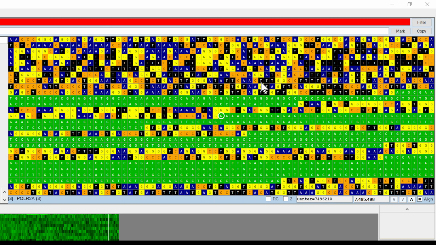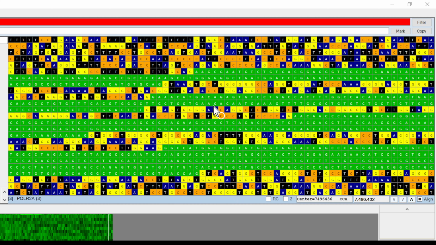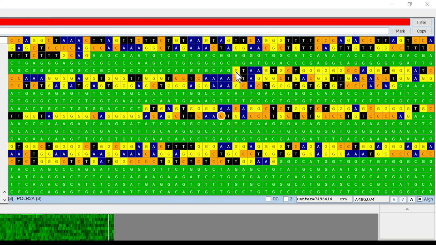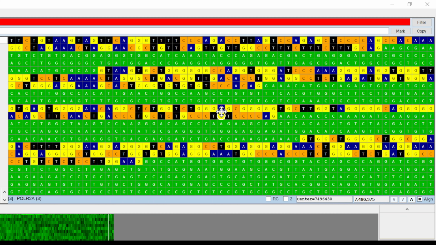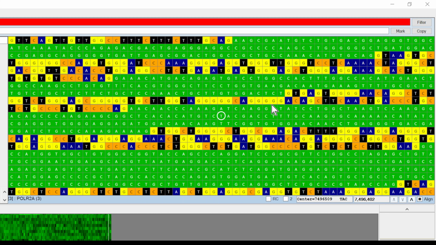If we navigate using the greater than and smaller than keys, you can see that this is the first exon, then the next, and the next, and the next, and each of them is separated by an intron, which is demarcated with GT and AG. You can also zoom in to see it clearer. You can see that this is GT and AG, which are the splice signals used by the spliceosome to recognize exactly where the exon or intron boundaries lie.